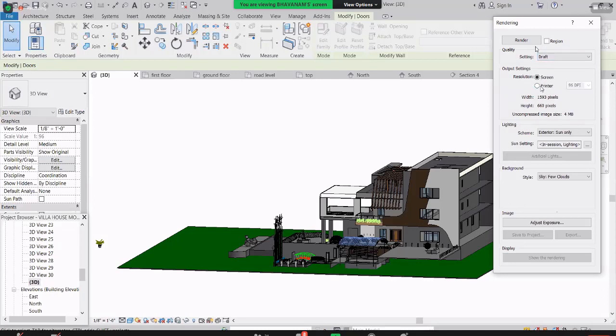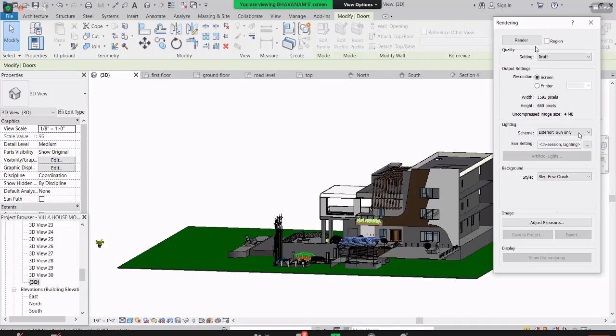And here is the screen resolution. Suppose you want a heavy pixel count, like 600 dpi. See guys how many pixels it is: 27,000 pixels. If you go for that type of thing, it will take nearly half a day. I'm not confident about half a day, it will take more than that. Sometimes we need to make smaller renderings. But see guys, the uncompressed image size: even with this pixel size, 1593 by 660, it will take 4 MB.